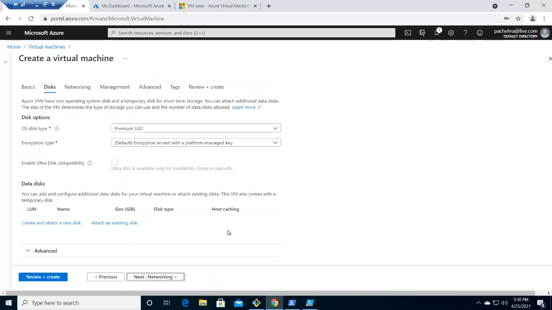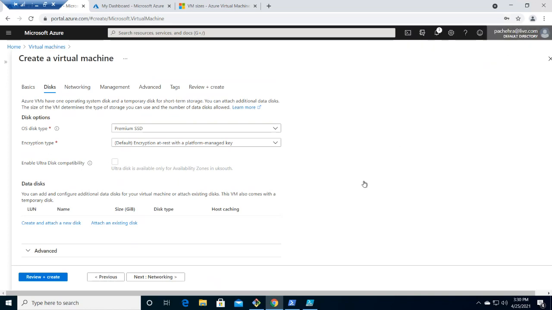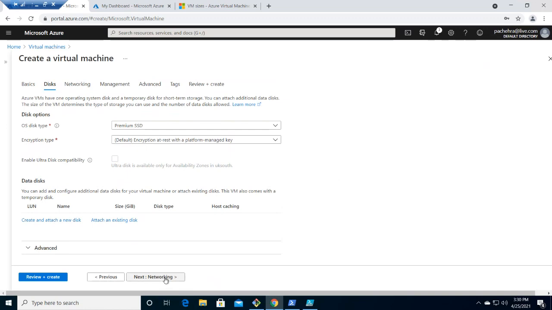If I hit next, there is information for the storage. Storage for what? Storage for the virtual machine. There are various ways we can have a different kind of disk, like premium disk, standard SSD, standard HDD, which is already covered very well in our previous infrastructure administration certification, 104. You can go ahead and check on the YouTube AzureTalk. You'll find it's a great explanation. It says encryption. Yes, it is encrypted by default. Let's go to the networking.